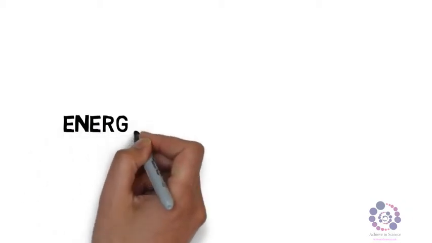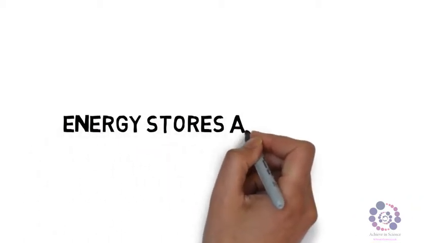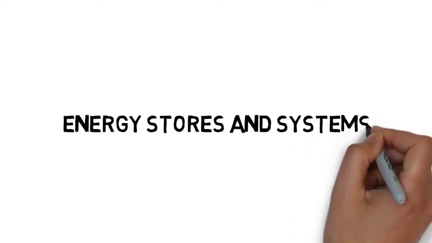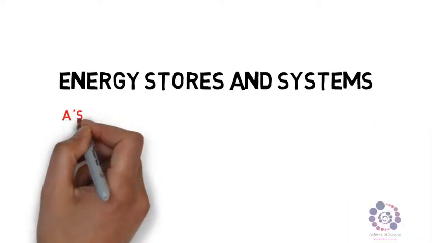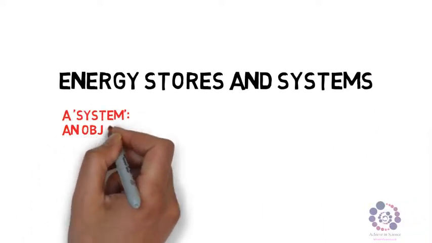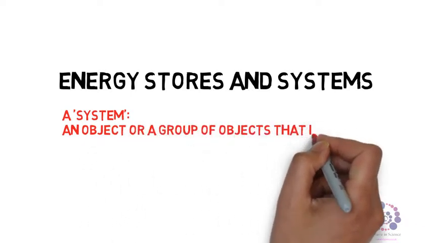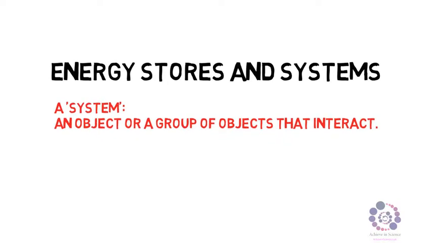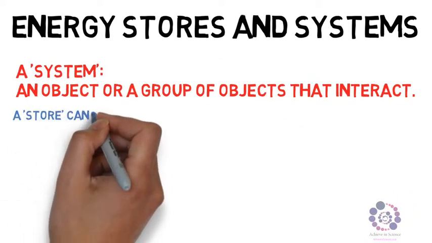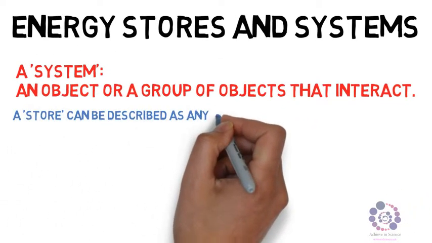So, energy stores and systems. We need to be able to define this. A system is an object or a group of objects that interact. A store can be described as any of the following: